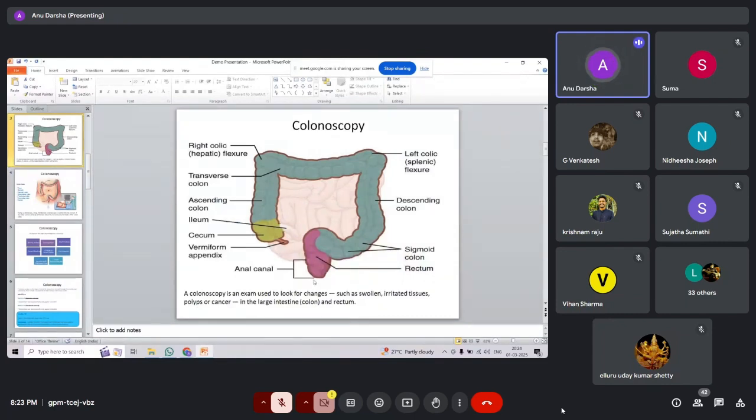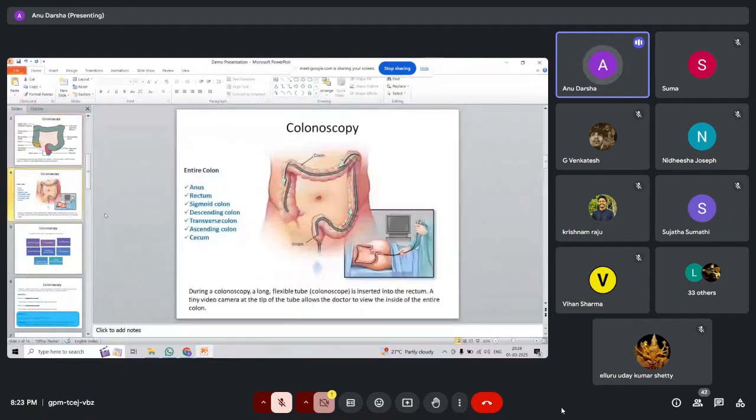So basically you have to check one by one. For colonoscopy, you have to consider at least till where the scope has reached. If it is reaching the cecum, then only it is a complete colonoscopy. Before reaching this area, if it is terminated somewhere, then you have to consider it as an incomplete colonoscopy. So, whether it is in the ascending colon, the transverse colon, the descending colon, or the sigmoid colon, based on which anatomical site they are terminating the procedure,